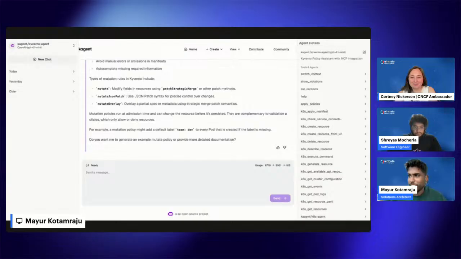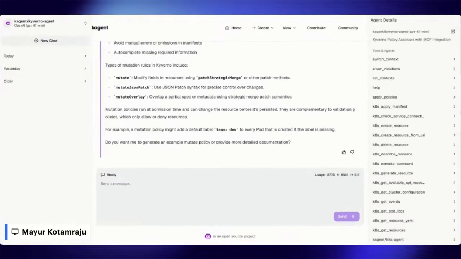Yeah, I'm just going to recap real quick on what we saw, and then I'll pass it off to Shreyas. What we just saw is how Agentic AI, through Kagent and the Kyverno MCP server, can take your natural language intent and translate that directly into Kubernetes policy actions. The big takeaway here is that instead of manually writing your YAML, combing through violations, or writing GitOps pipelines, we're able to describe what we want in plain English.